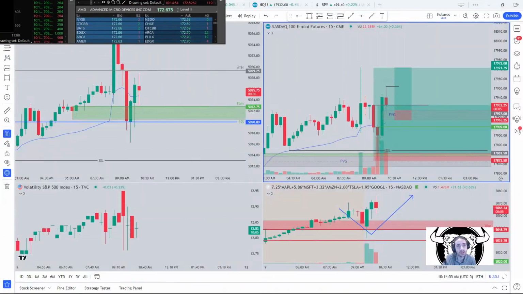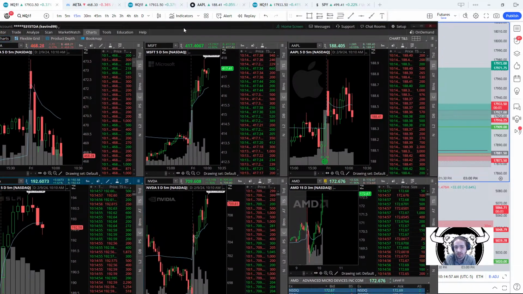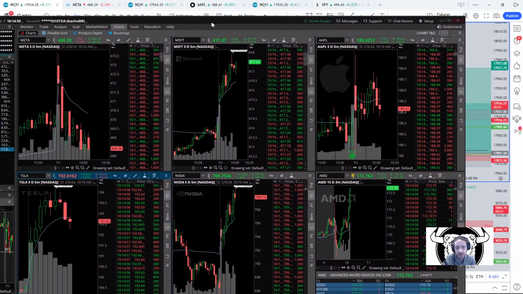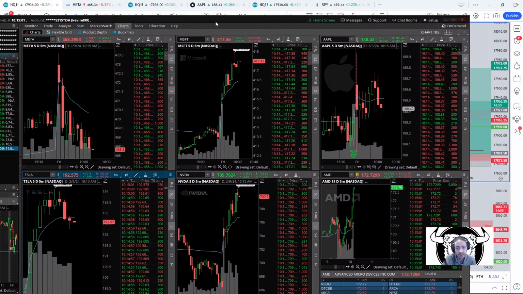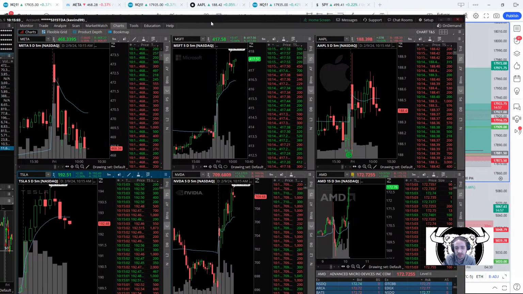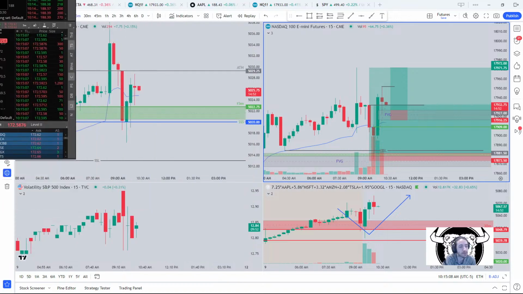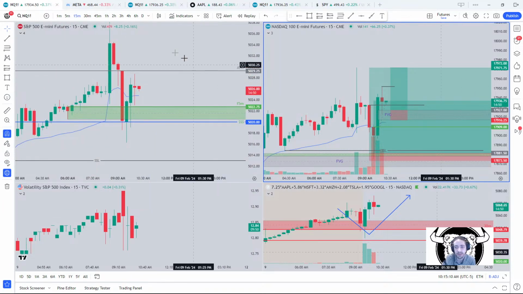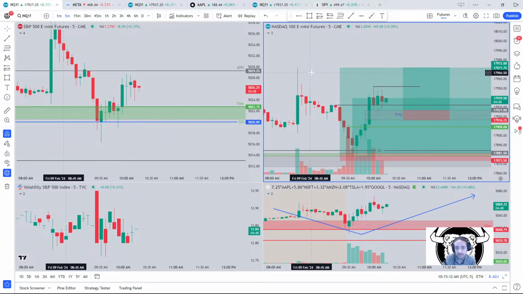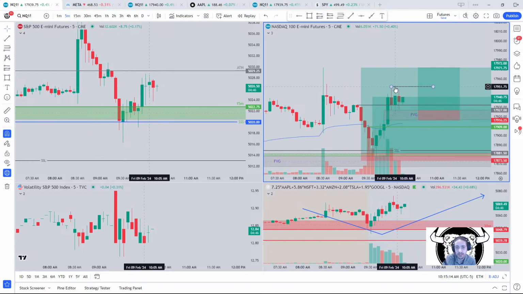Microsoft looks like it does want to continue higher, though. Apple with some weakness. Would like Apple to reverse here. Nvidia near new high today. Tesla looks like it might want to reverse under VWAP. Would be nice. Really want to see where we go from here. I do want buyers to continue us higher. At least, again, I'm probably going to trim a contract at the 17,952 if we get up there.